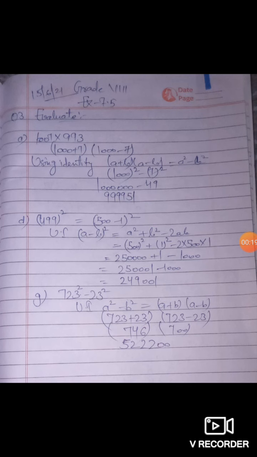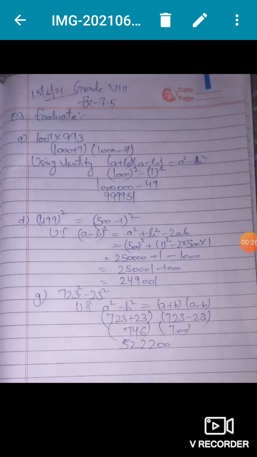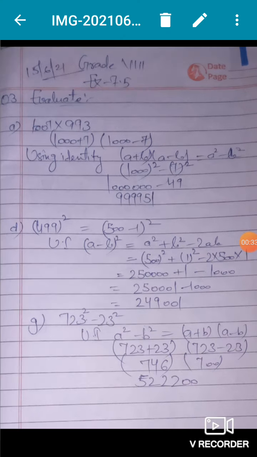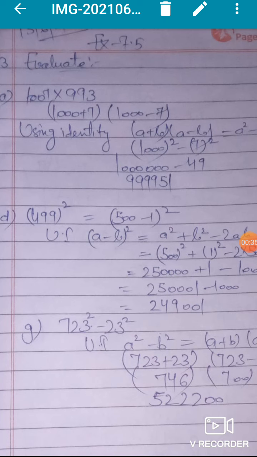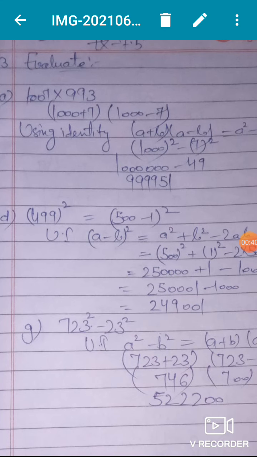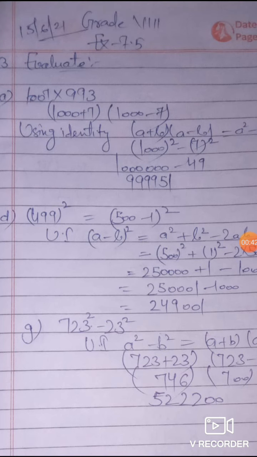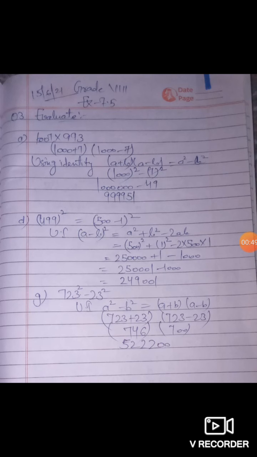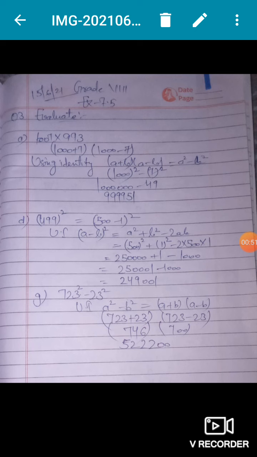Okay, we do not have to do simple multiplication. It is not written here, but in the exam this question comes with the heading that without doing direct multiplication, find the value. Simple multiplication is not to be done, like in the first question, you can see 1007 into 993. You are not in third or fourth class where you just multiply. Its value we have to find with the help of a suitable identity.